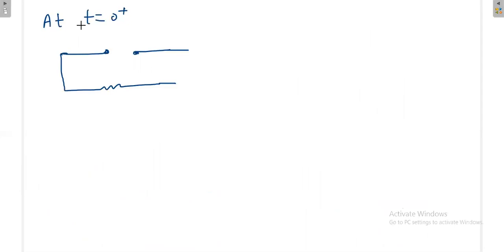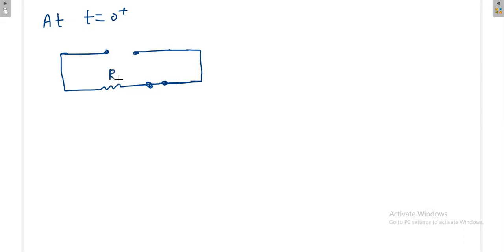So now at t equals 0 plus, the capacitor is having 0 volt. And what is the nature of the capacitor at t equals 0 plus? It is like short. If at all any initial voltage is there, I will put it here. But here there is no initial voltage, that's why I will not put any voltage. Because the initial voltage is 0 volt, which means short circuit only. So this is the nature of the capacitor at t equals 0 plus.